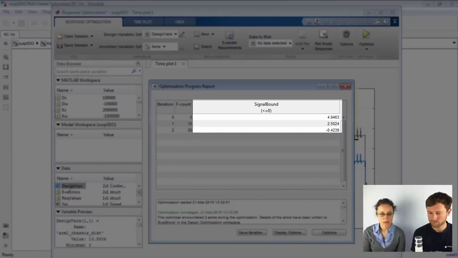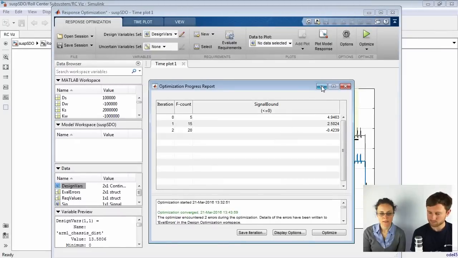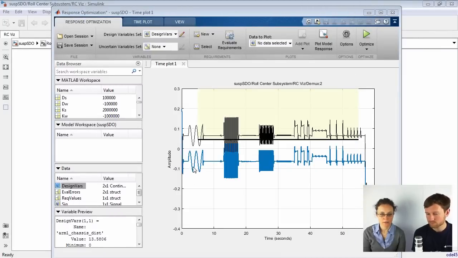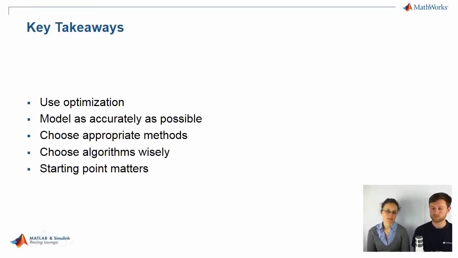And so if you look at the signal, the black one would be the starting point, the second iteration. And then the optimum would be the blue signal, which is below the bound, which is respecting the bound. Okay, perfect. So in the last demo, you've seen that it really is important that you know how to